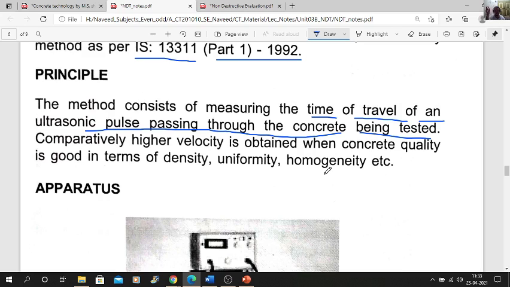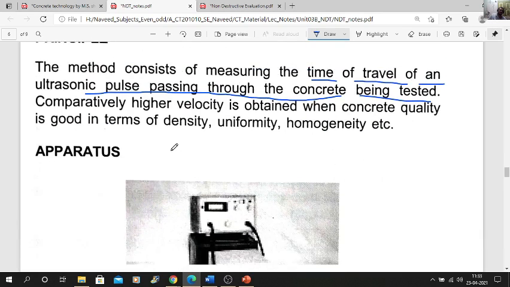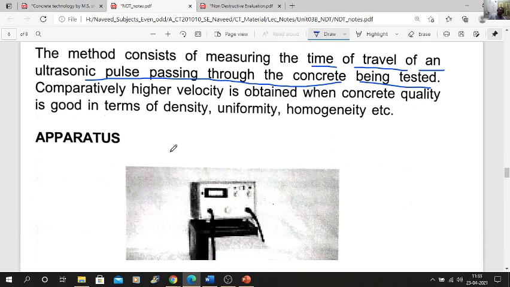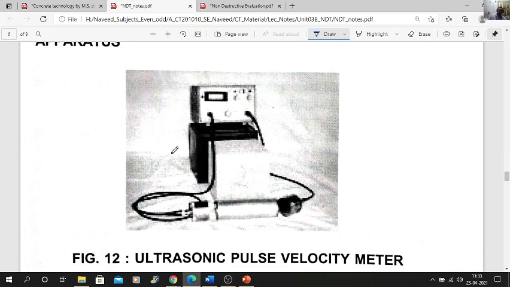If it is higher, it is good in terms of density, uniformity, and homogeneity. If the concrete is good and dense, then it requires less time to pass these ultrasonic waves.